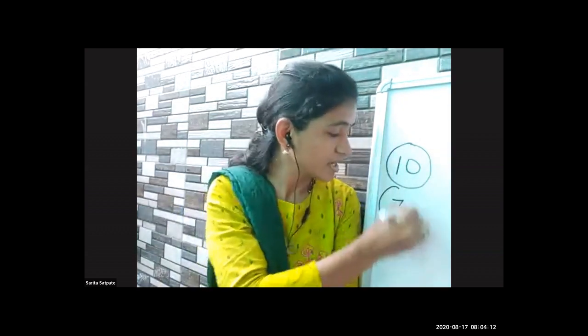Let's take one more example to understand better what we are going to learn today. I have this kind of ball, and I have 10 balls here right now. Out of these 10 balls, I am giving you 7 balls to play with. So how many balls remain with me? How many balls are left with me? If I have 10 balls with me and out of these 10 balls I'm giving 7 balls to you all to play with.